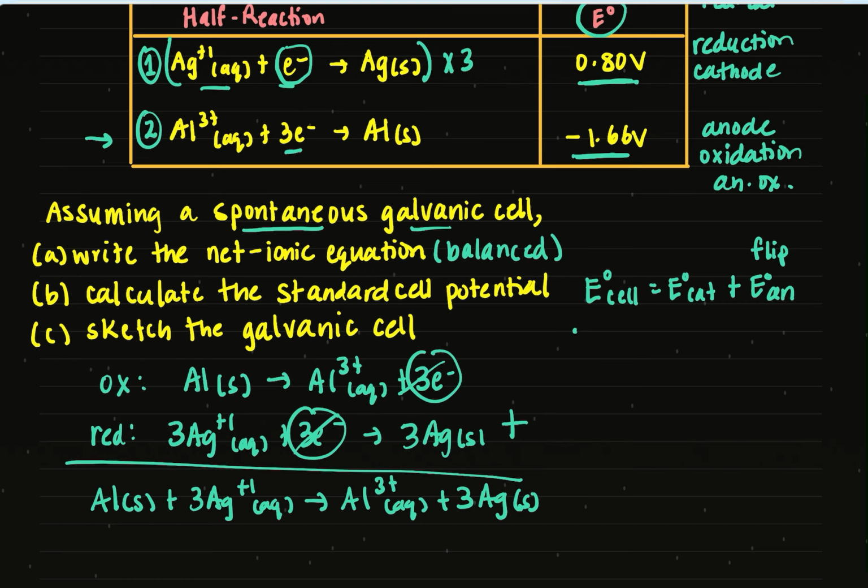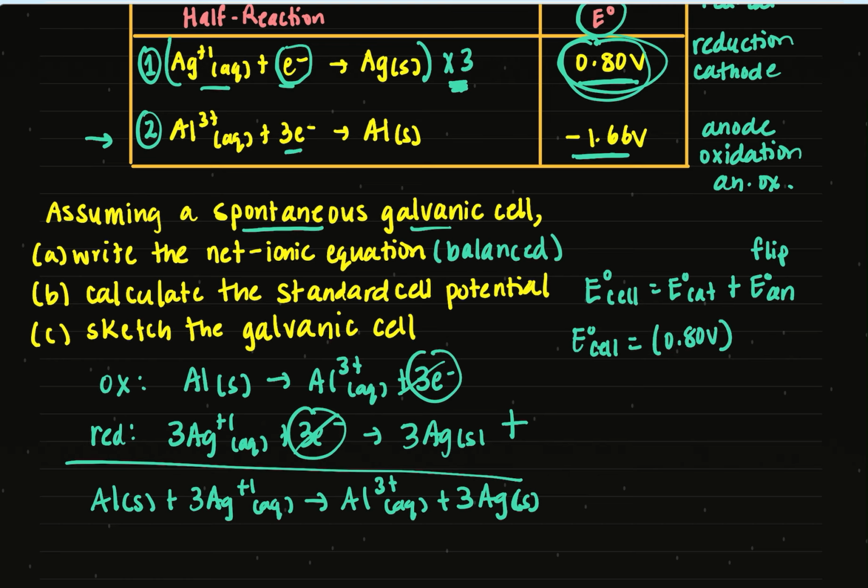So the standard cell potential is E of the cathode. My cathode was the silver half reaction. It's this value up here. Now here's another little tip to be aware of. Although I multiplied the half reaction by 3 to balance it, I do not multiply the reduction potential. So you don't multiply this value by 3. That's because the voltage doesn't depend on the amount. So the E of the cathode is still just positive